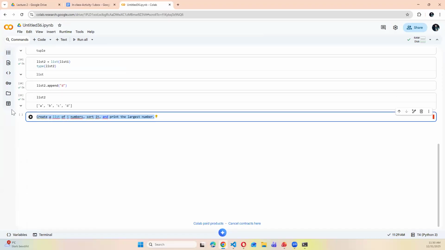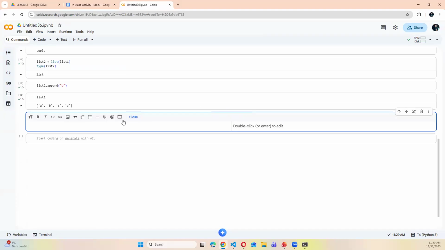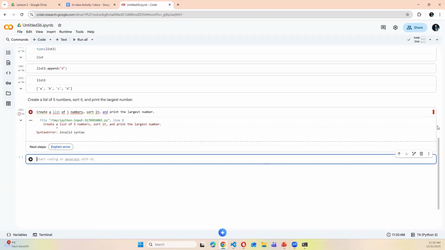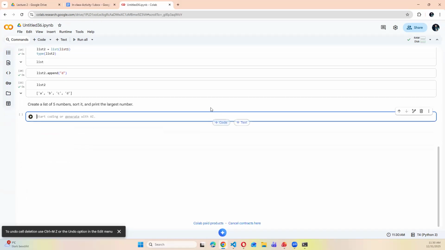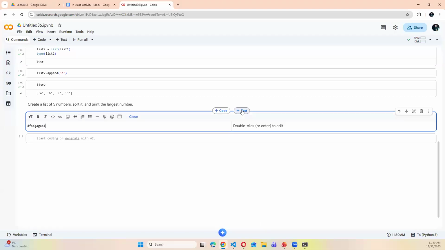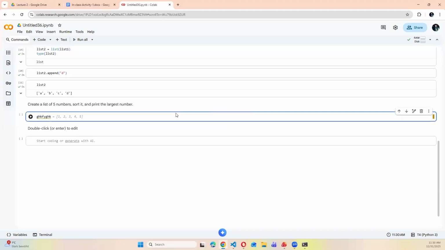Okay, just a second, it gives me an error. Let me take it. So if you put your cursor in a code cell and a text, because I need a text I'll just put text here, now it's not giving an error. Otherwise, if I put it here, because this cell is for code, you see it's giving me an error if I run it. So you should keep in mind that when you put your cursor here, do you need code or a text? If you need code, you can say code, otherwise if text, you can just write text and you can write anything, but with code, you cannot, it will give you an error.